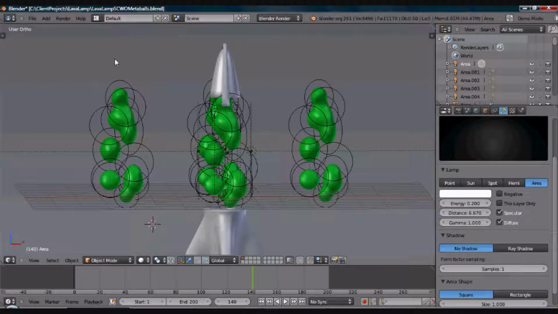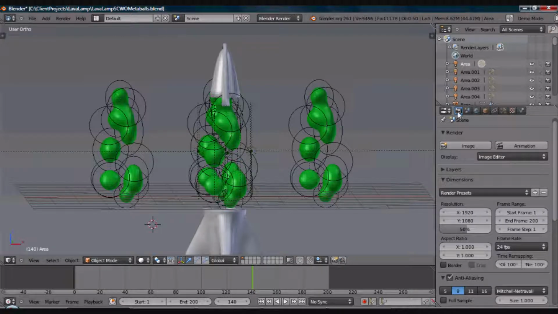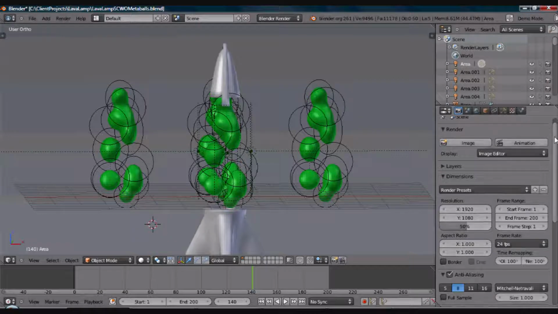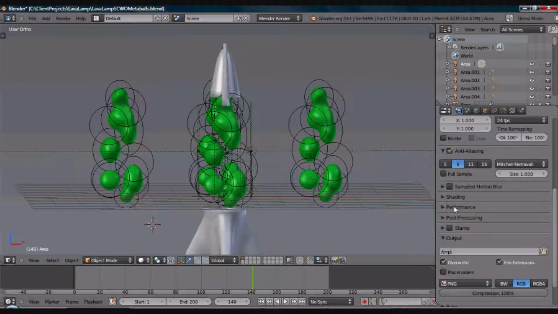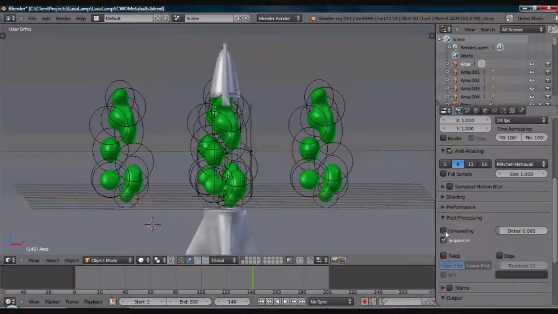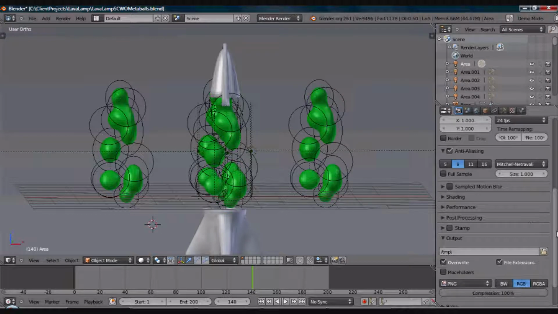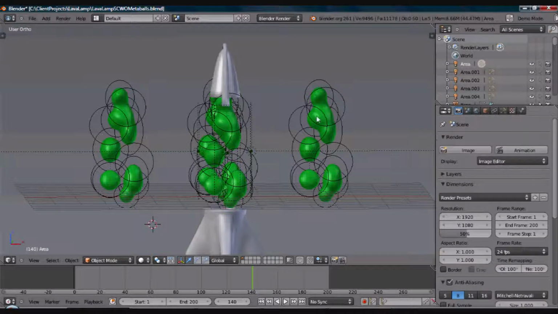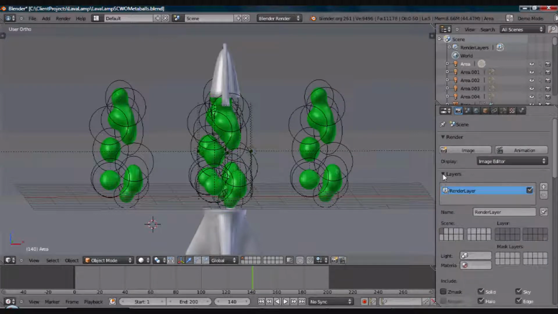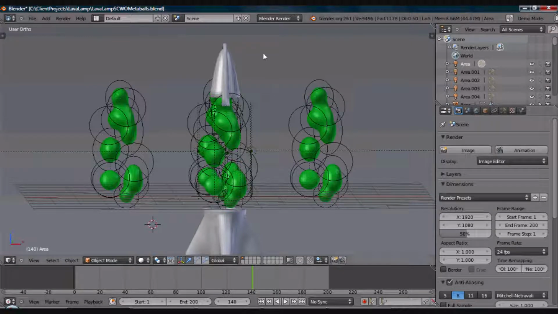to composite it, a couple of things here. Go over to your render, click that little camera there to your render panel, and go down and make sure that under post-processing that compositing is checked. And with that checked, we should be good. Check the layer, yeah. Okay, and now we need to